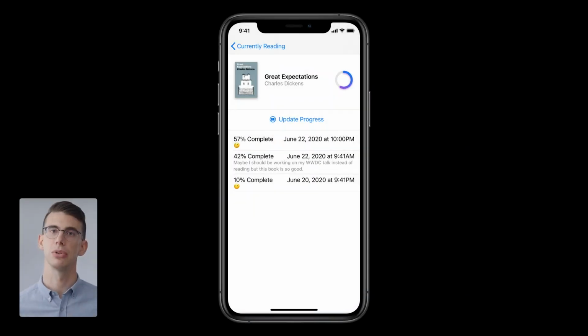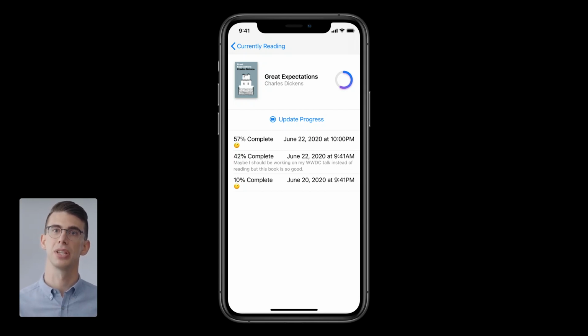Let's go back to the app we were building and let's see how we can apply what we have just discussed. Let's bring back the view that Kurt was working on before. This is the view that allows me to update my progress in the book and add some notes of things I found interesting during my reading session. Kurt focused on the data for the progress sheet.